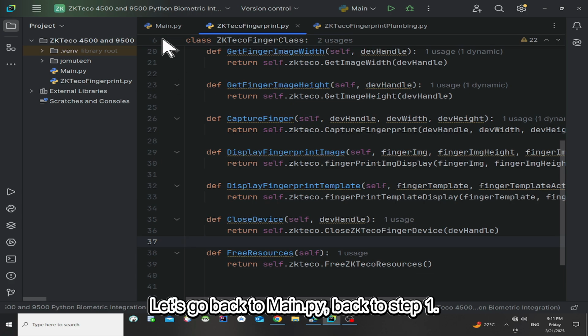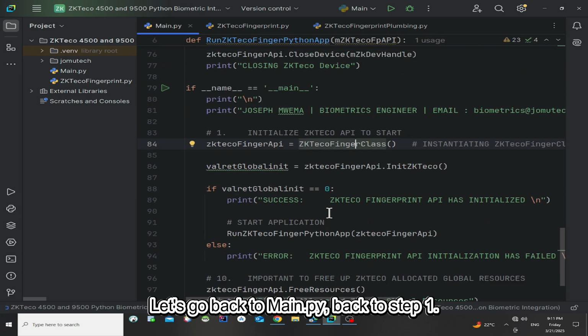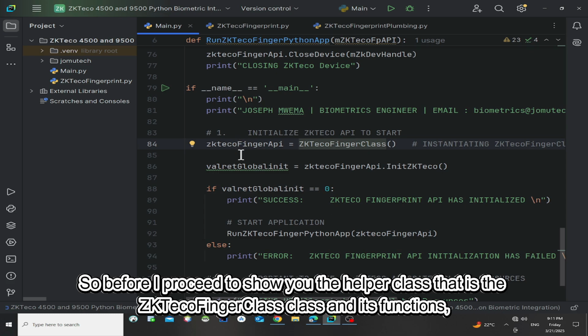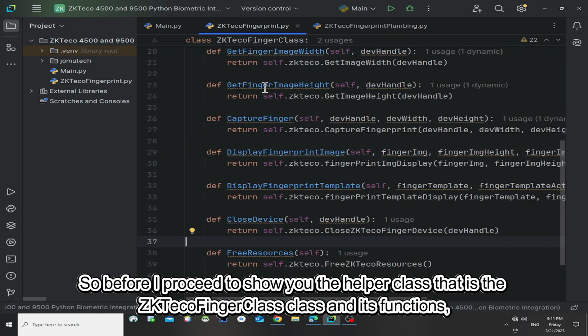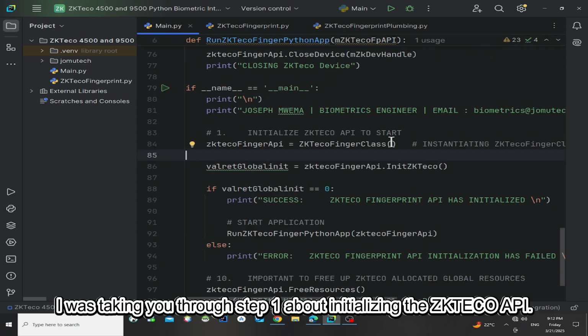Let's go back to main.py, back to step 1. Before I proceeded to show you the helper class, that is the ZKTeco finger class and its functions, I was taking you through step 1 about initializing the ZKTeco API.